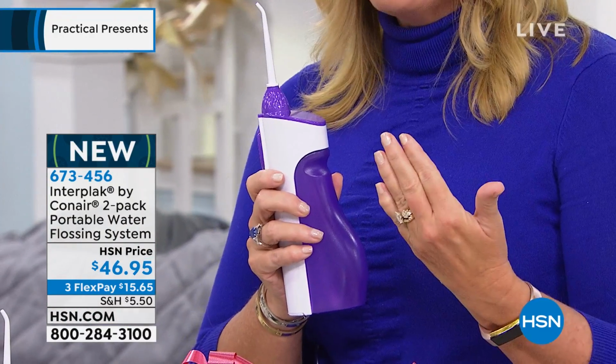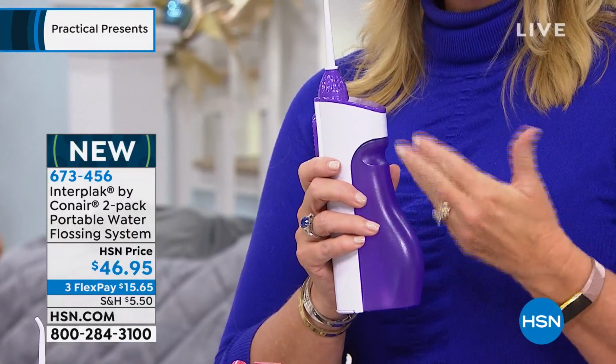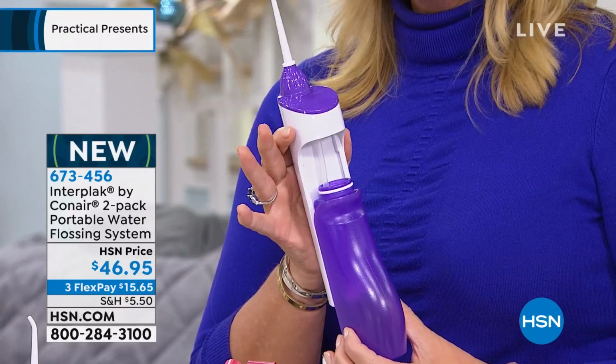If you are brand new to it, start off with a little bit of warm water and start off on the low. All you're gonna do is actually fill the reservoir right here on the side, fill that up with water, ordinary tap water right from the sink. So a little bit of warmth, place it into your mouth, turn it on,